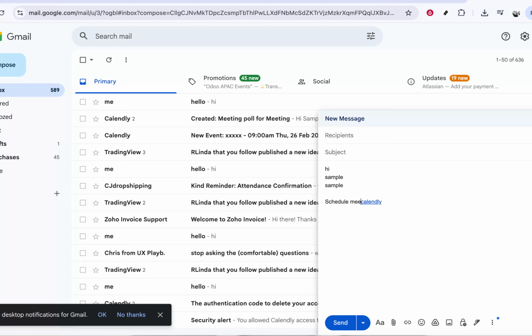In the text field, you can type something clear and inviting, like "schedule a meeting with me" or "book time on my calendar." Finally, place that linked text where you want it inside your email